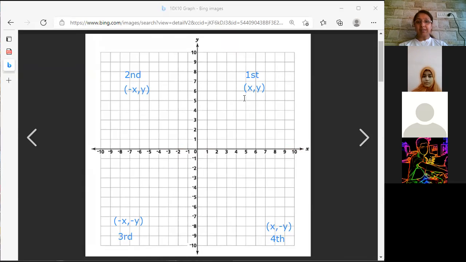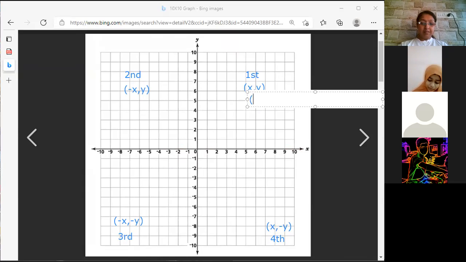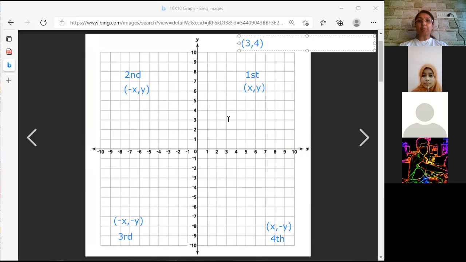When I write this point as (3, 4), tell me, 3 is my x coordinate or y coordinate? X coordinate. So that means when I'm going to plot it, how am I going to move? Where is my point going to be? It is going to come from here, X, yeah, see, and it is going to reach till the 4 of Y. And this is my point. Do you agree?